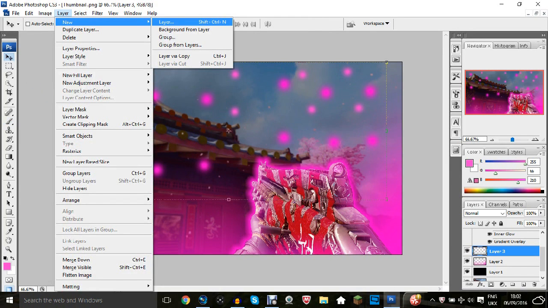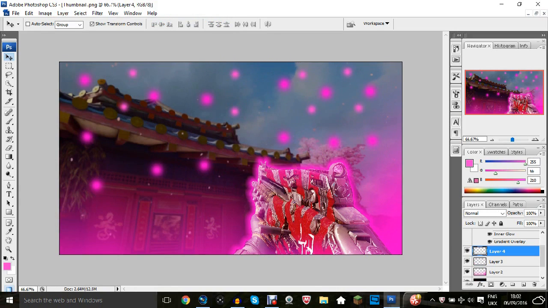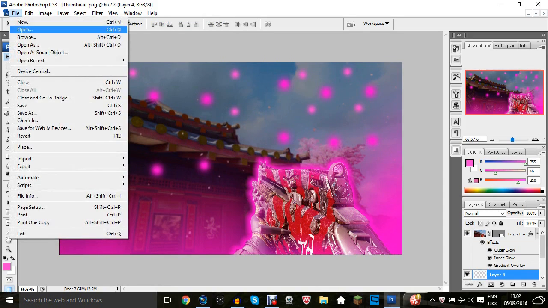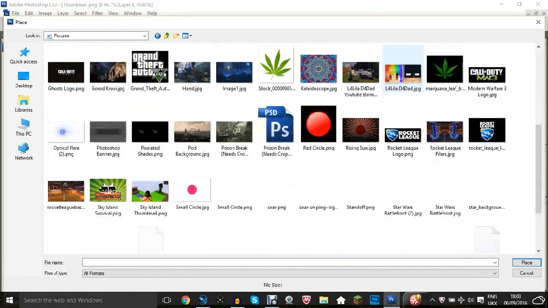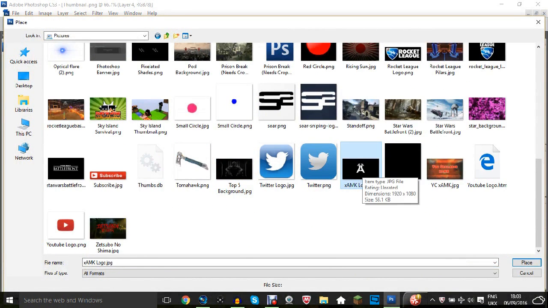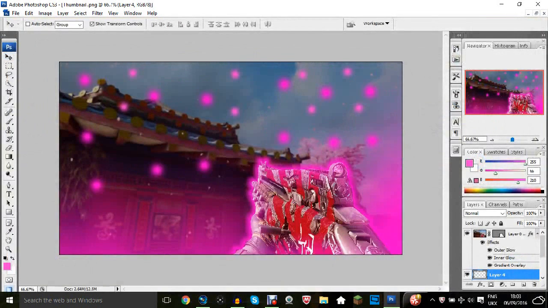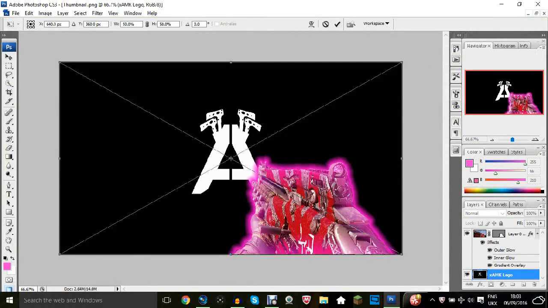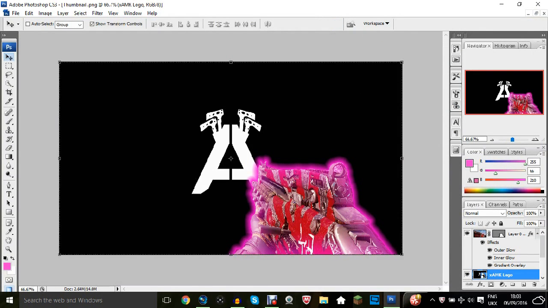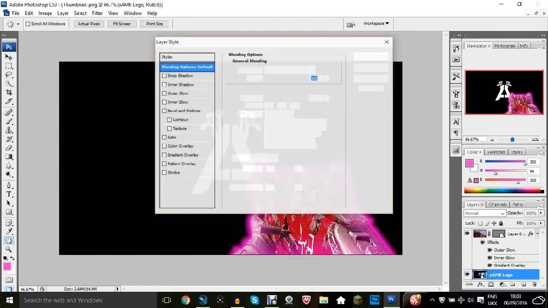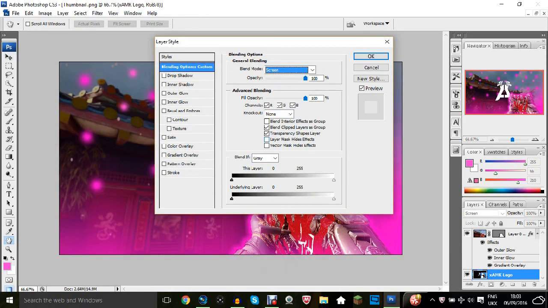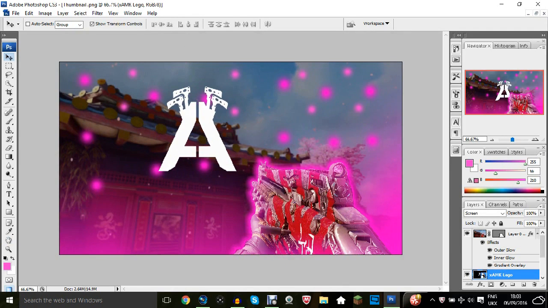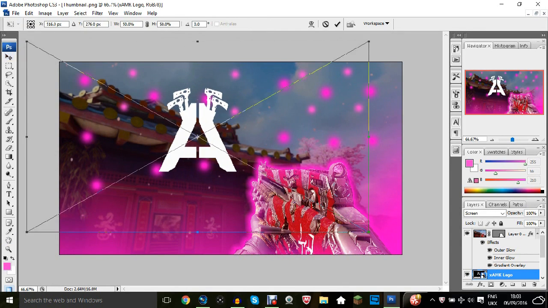Another thing you can add to this thumbnail is if you click layer and make sure it's a new layer. Yeah, okay, I didn't know which layer that was. Then go to file and go to place. And if you have a team logo with a black background, luckily I have the xAMK one, which is here, and we're going to click place. And as you see, it looks awful and horrible, but click OK there, then double click on xAMK logo, and then where it has blend mode, select screen. And what this will do is this will take away the black background, so you're just left with this xAMK logo. Now we want to shrink this down,